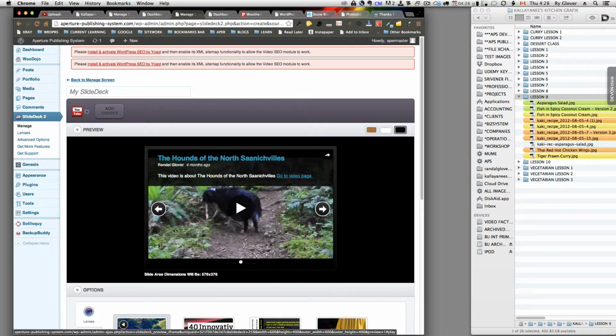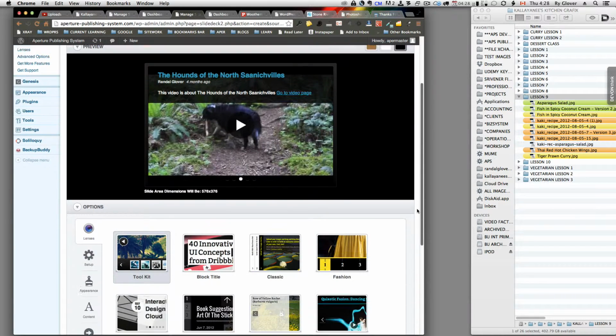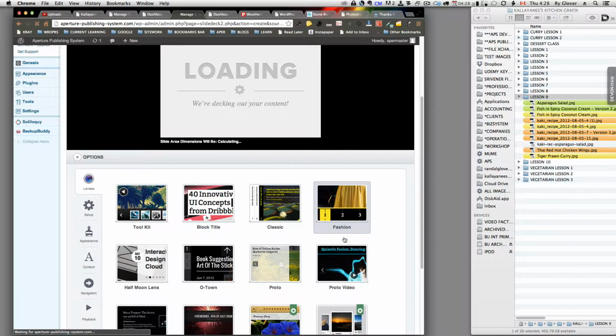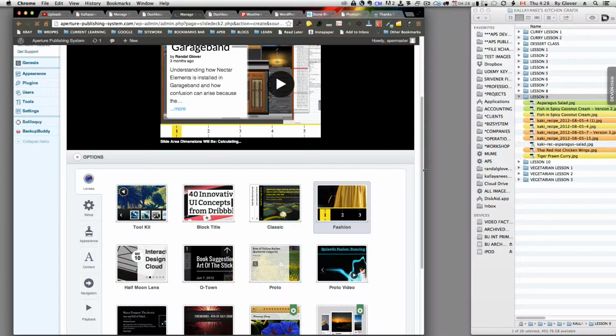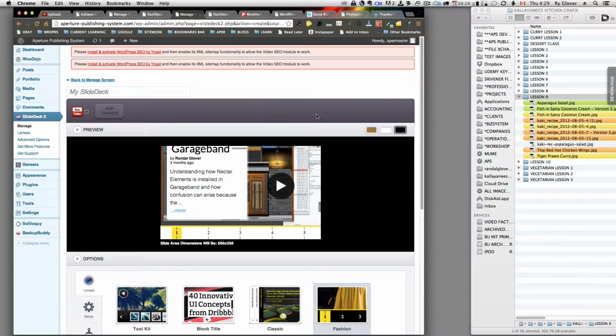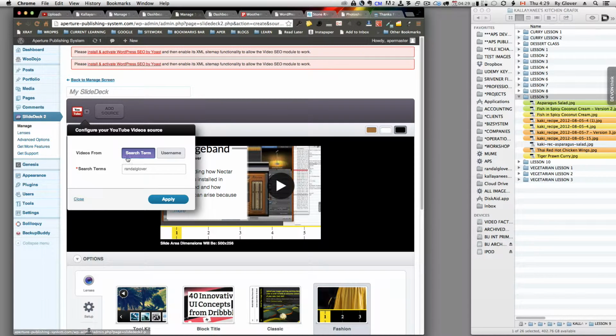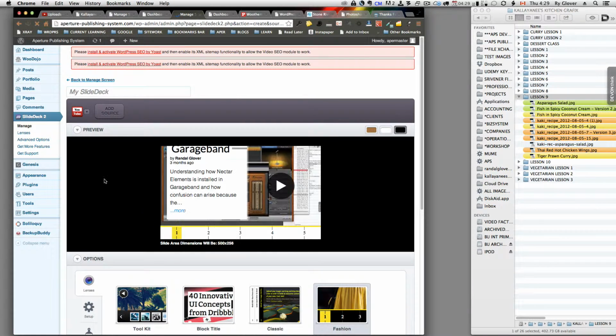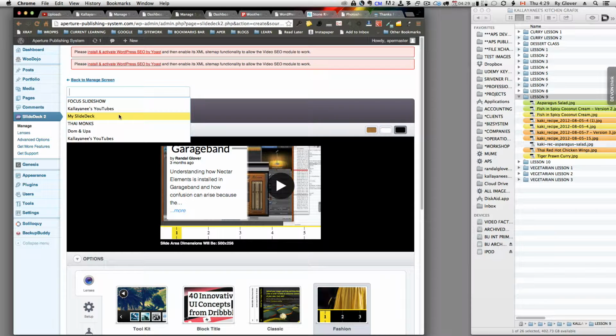However, and just to note, this will work with different lenses. But I do not get the option to choose any different playlists as I do if I go to, this is